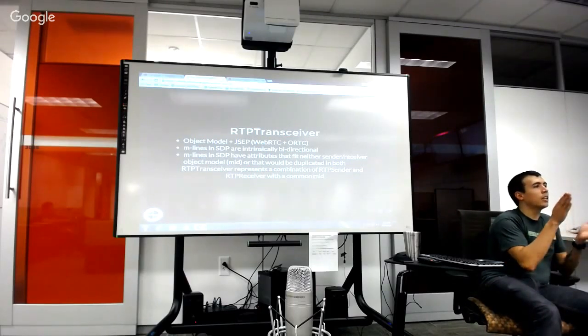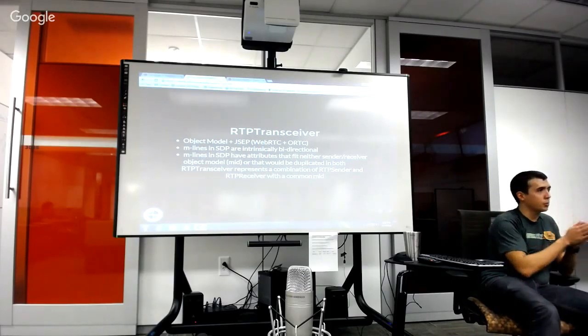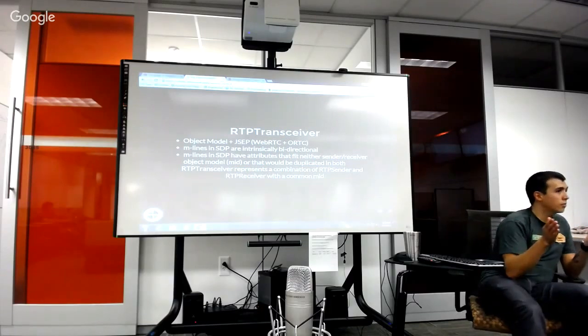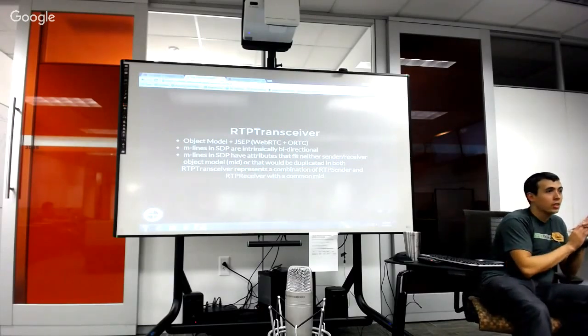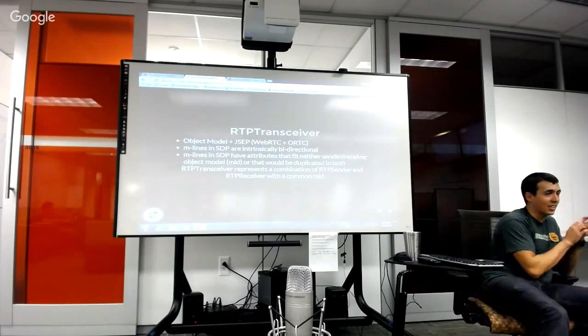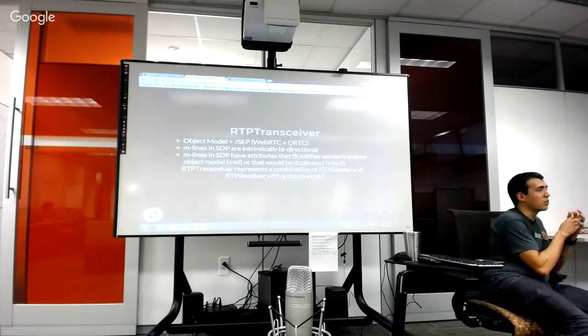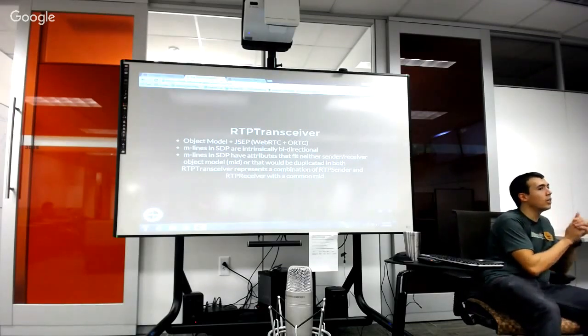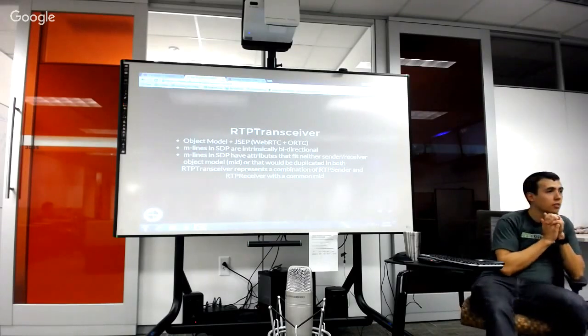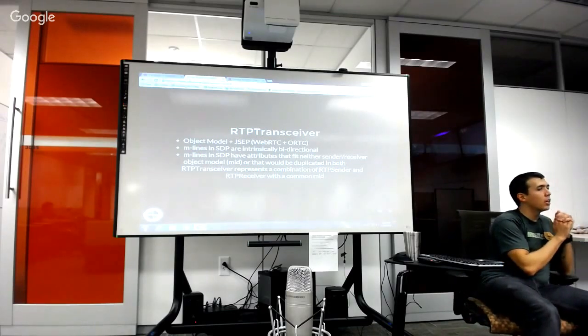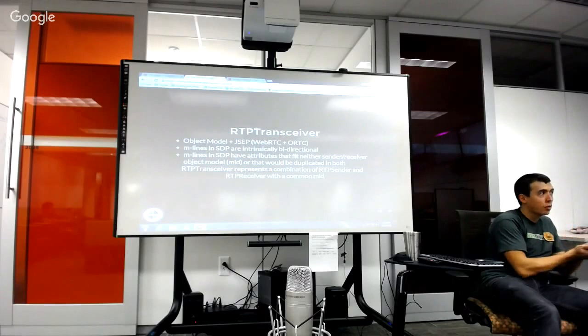You've got RTP senders, you've got RTP receivers. You don't need SDP at all. So you don't need that big string with new lines in it with multiple parameters in it. Exactly. It's all real objects now. Exactly right. So I don't know if they will adopt RTP transceiver. That'll be something we'll have to see. But it is a part of the 1.0 spec. So we'll see if they go with purely ORTC or if they go with the WebRTC 1.0 spec.